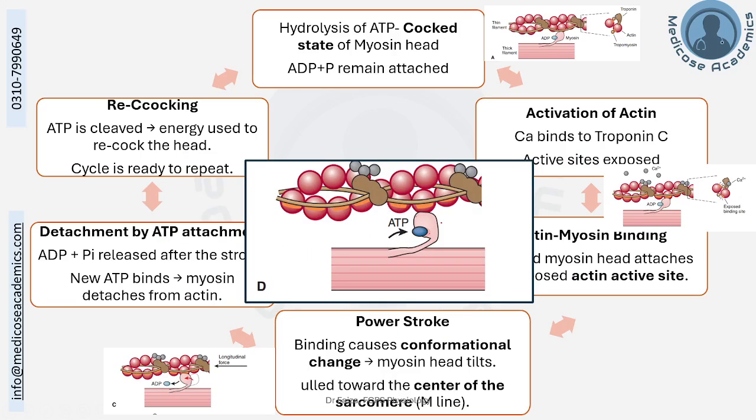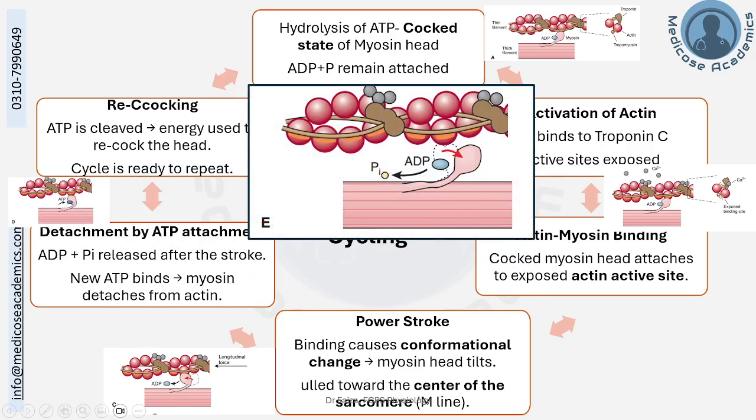The head is still in that state, and this ATP has arrived. And the most important function of this ATP right now is to provide detachment. The myosin head is attached to the actin filament. As soon as the ATP arrives, there will be detachment. And you can recall the concept of rigor mortis. When there is depletion of ATP, the detachment of myosin from actin becomes impossible, leading to extreme muscle rigidity and a contracted state. So ATP came and there was detachment of the myosin head from the actin filament.